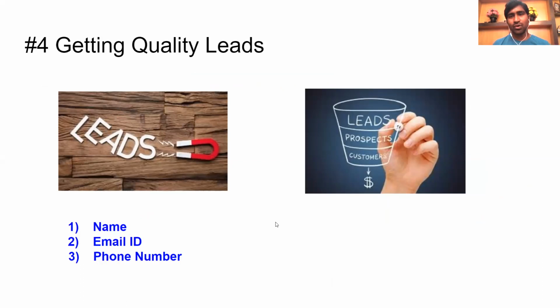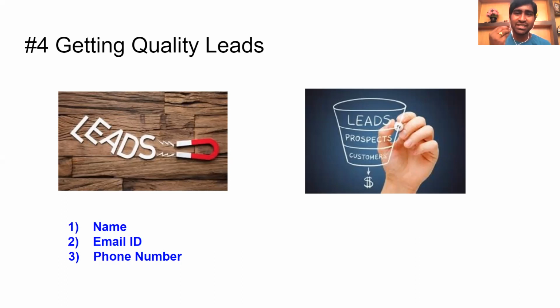So now if you are sending your traffic to a landing page, that is nothing but a sales page where you describe your product or services. It's more about the pain points and the problems that you are solving for your prospect or customer. What is in it for the customer?